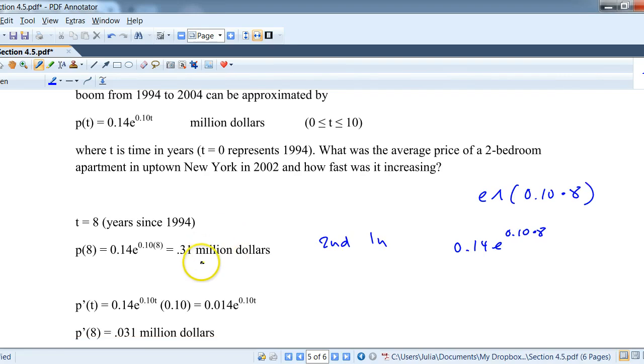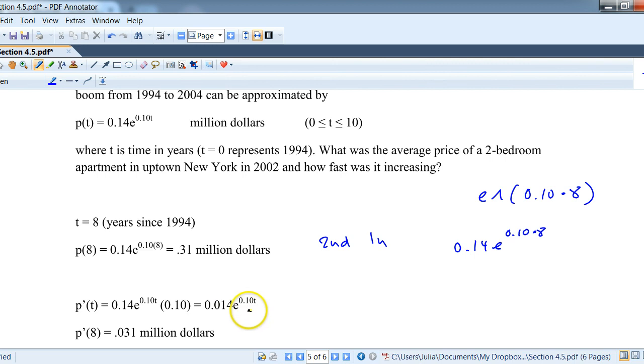Now, to find out how fast it's increasing, we need to first find the derivative using what we've learned. If you notice, 0.14 is a constant on the front. It's a constant multiple, which we keep. Then we take the derivative of the exponential, which is itself, if you remember, times the derivative of the exponent, which is 0.10. Now we have two constants here, 0.14 and 0.10, which we can multiply, and we'll get 0.014 e to the